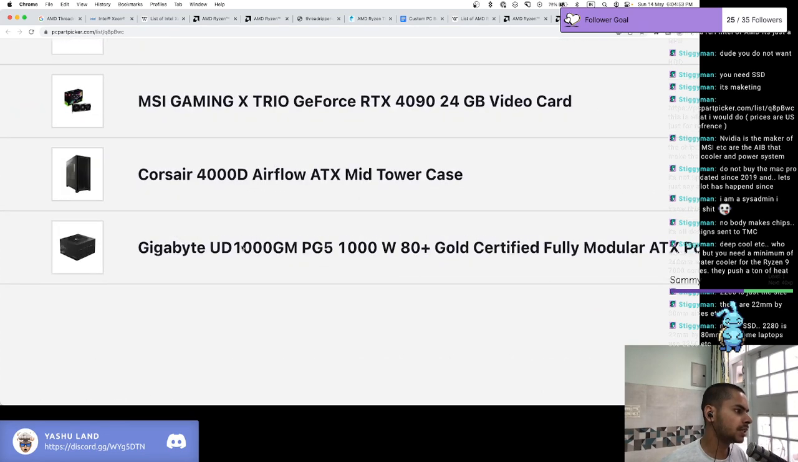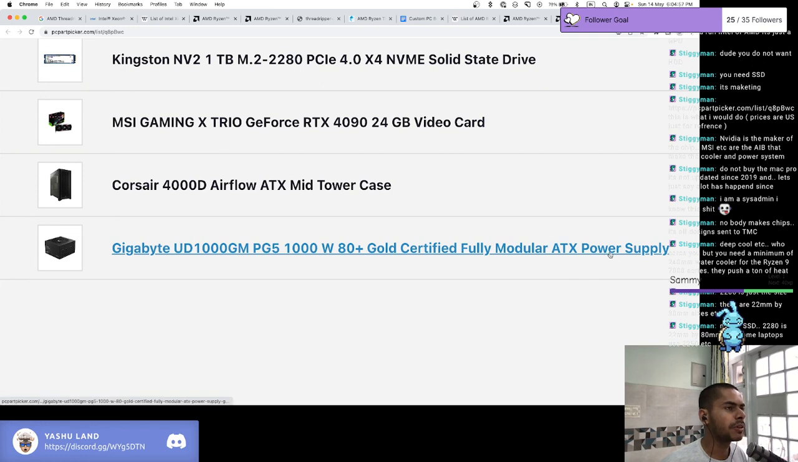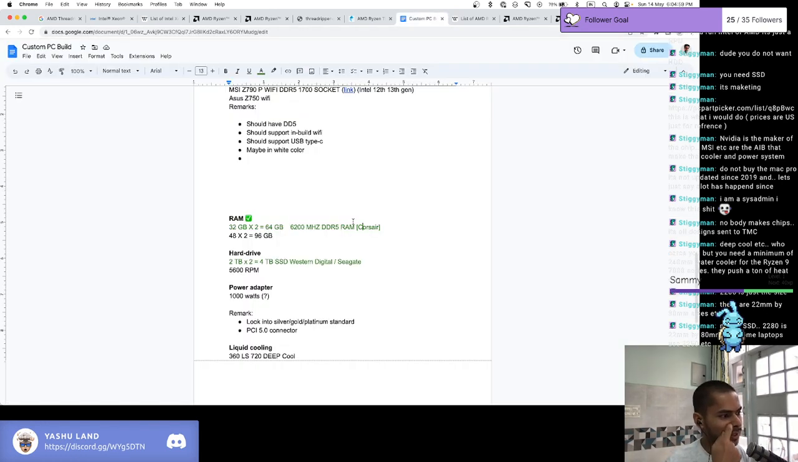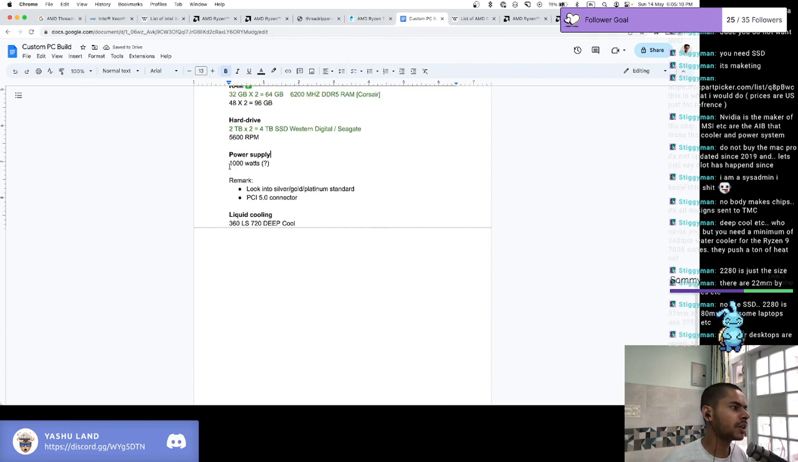Okay, so lastly is the, okay, it's called power supply. Oh my god, let me change that real quick. So funny, I was thinking it's called power adapter. Let me change it to supply. Actually, I wasn't exactly sure if 1000 watts would be sufficient for the power supply,